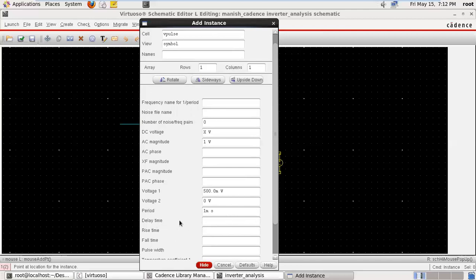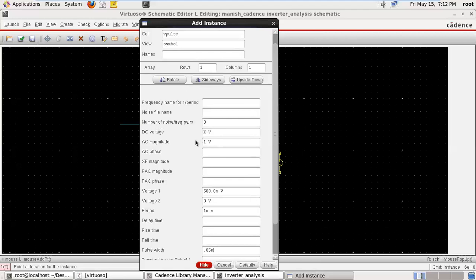Voltage 1 and the pulse width is suppose 0.05 millisecond. So here we have chosen a pulse of time period 1 millisecond. For half the period its voltage is 50 millivolt and for the remaining half cycle its magnitude is 0. Okay, so DC voltage is x volt and AC magnitude is 1 volt.